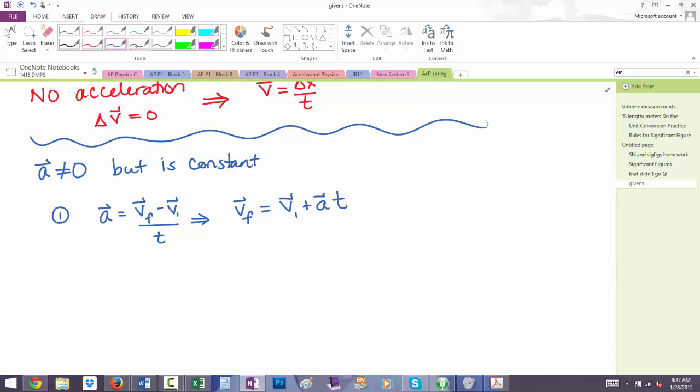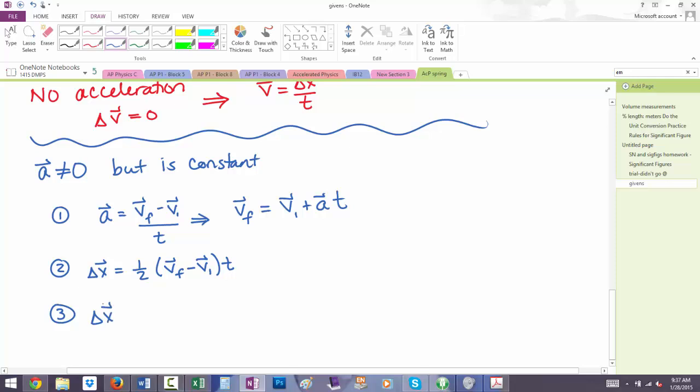The second equation that we can use if the acceleration is not 0 but is constant, now we're going to start introducing more interesting things like delta x. What was delta x? The displacement, right? So we're bringing that displacement back in. This equation says delta x is equal to 1/2 times v final plus v initial times time. I'm just going to keep writing. Number 3